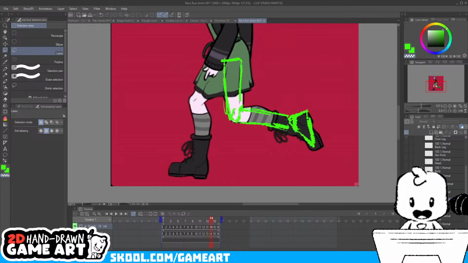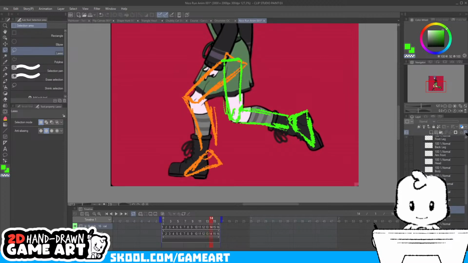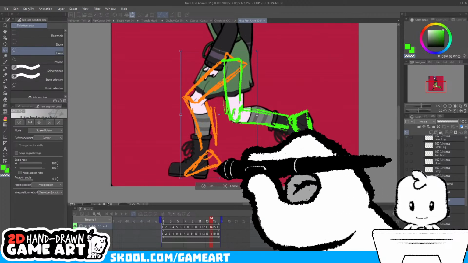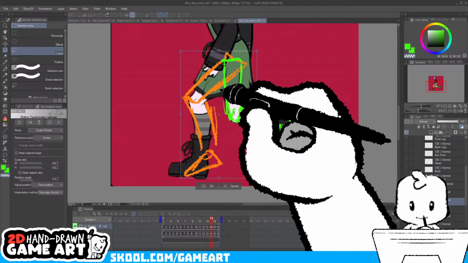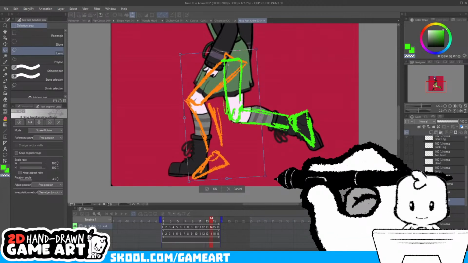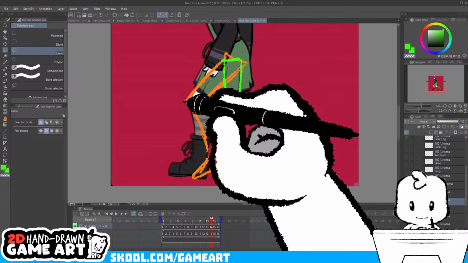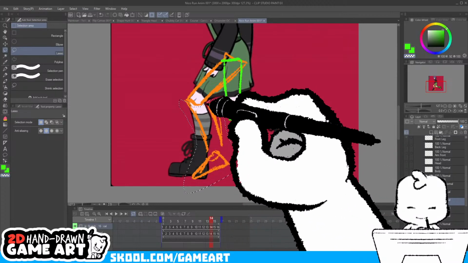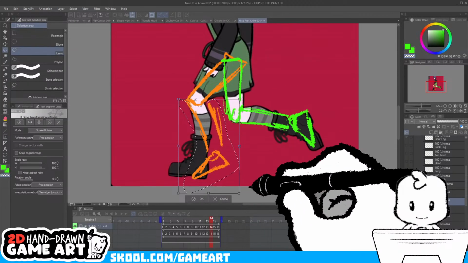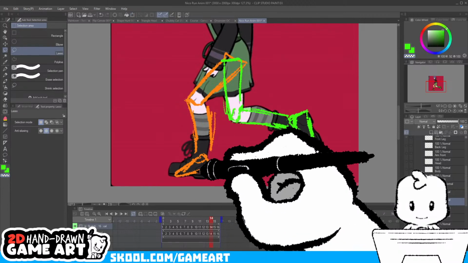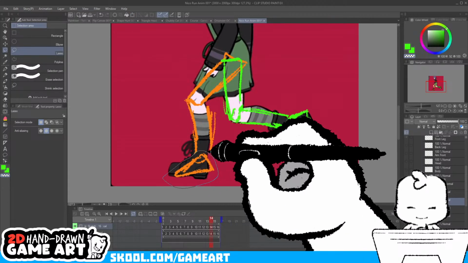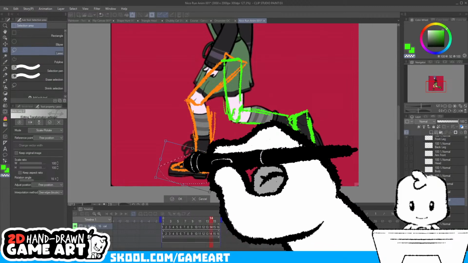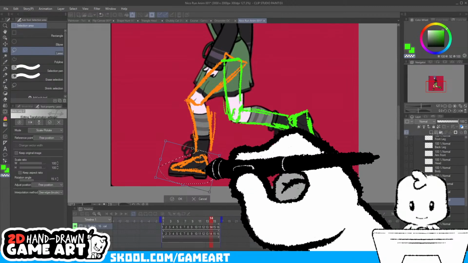Okay, we're almost done with the back leg now. I don't have the motions of the hips in this leg animation, but for a rough animation, that's okay.